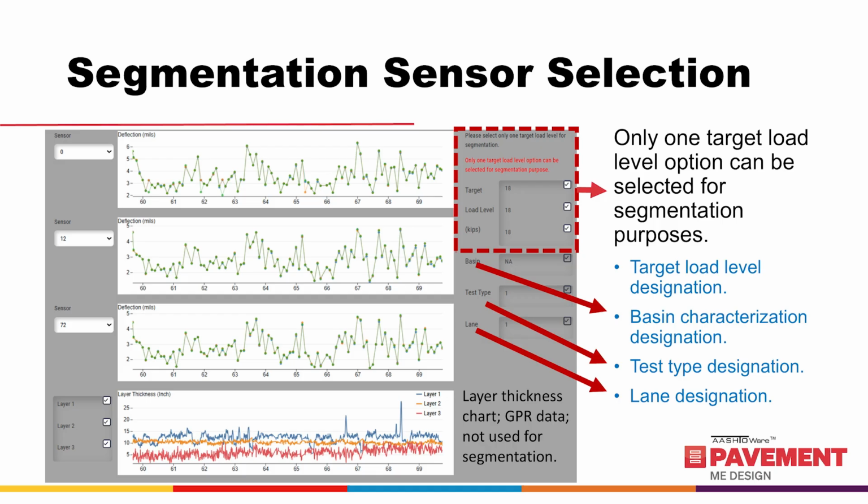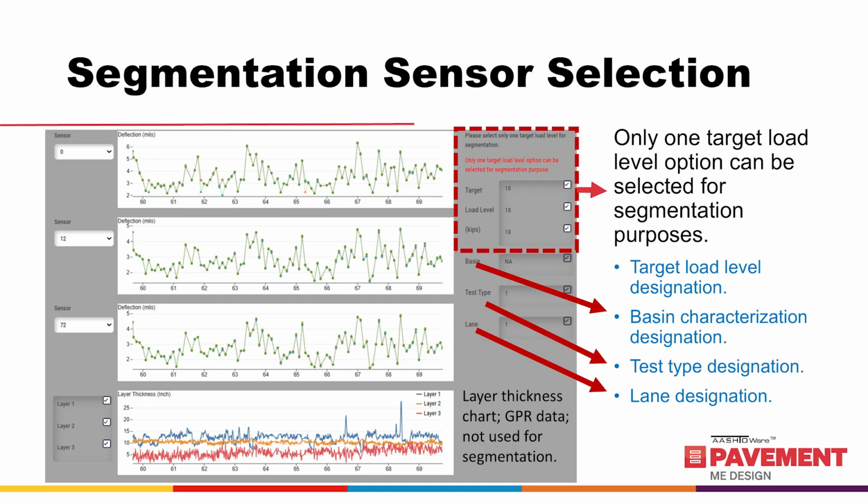For the test type designation, the test points used for measuring load transfer efficiency, if any, should be excluded from the segmentation process because they should not be used for back calculation. Likewise, for PCC pavements, only mid-slab deflections should be used for back calculation and thus segmentation. Any edge or joint readings or deflections should not be included for segmentation purposes because the discontinuity cannot be considered